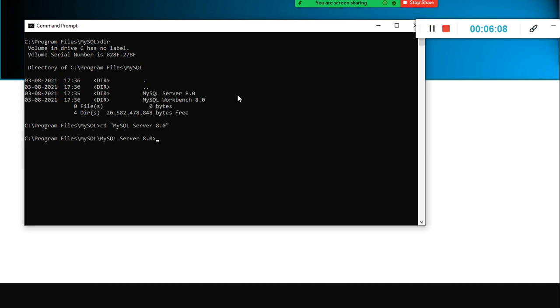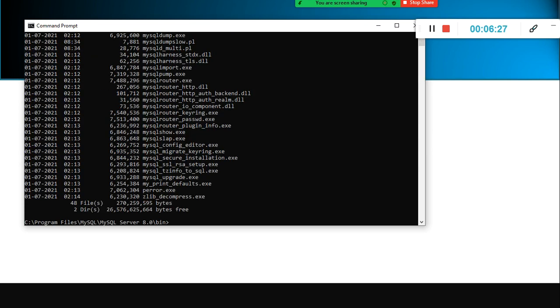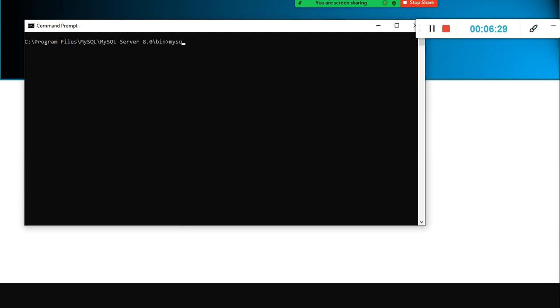Okay, good, done. So press enter here, and now cd bin. So you need to go to this folder. Those of you who are not able to get that right, if you get "not recognized" command, you go to this folder. So you will find all the binary files here. And what you do is, type the directory command: dir mysql*.